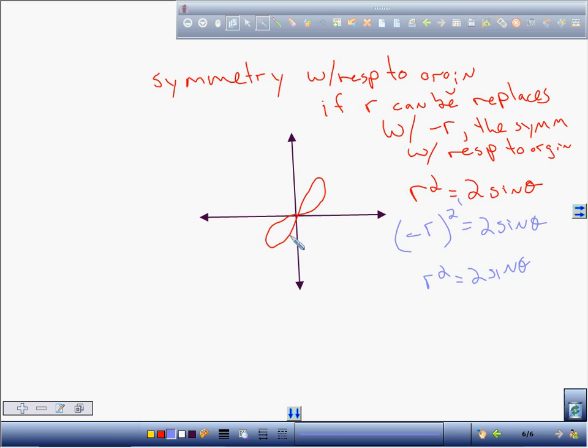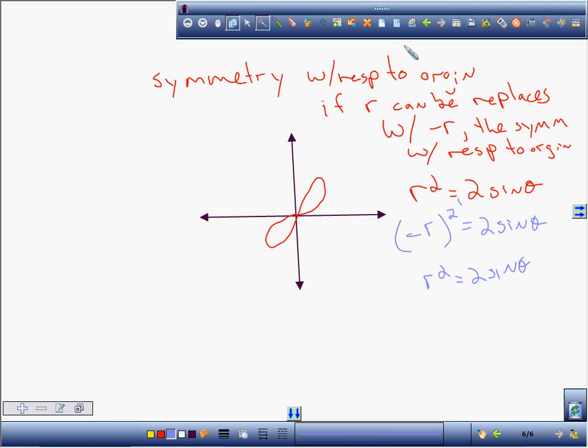Okay, so now we're going to try to graph one of these things by hand. So we're going to try to graph that first one on the back side. I'm not going to go through all of these, so let's just do the rose with 4 petals by hand. No, let's not do that. We're going to do that in the computer lab. It would take too long because you have to find all the points in between. So let's